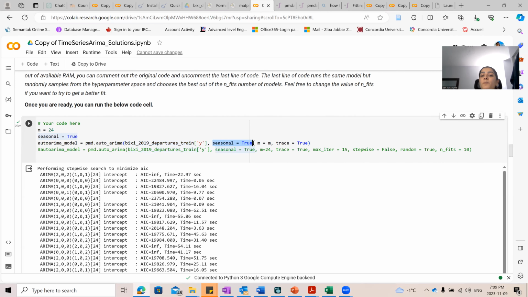Also, we are passing seasonal equal to true. Why? Because we already saw there is a seasonal pattern. So we are putting it as true. And if you put it as true, you need to define your seasonal pattern. It could be weekly, it could be daily with a frequency of hours, anything. But here, I'm passing an m. An m is equal to 24. Why? Because